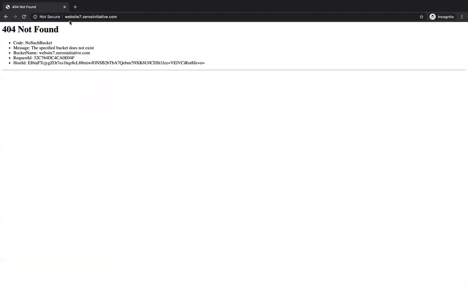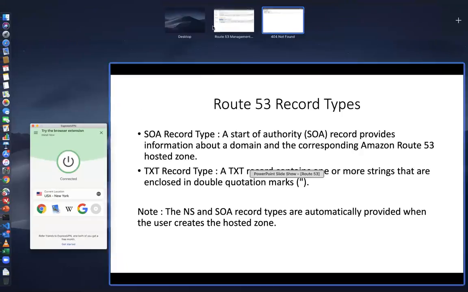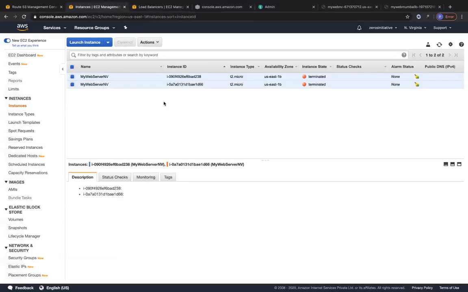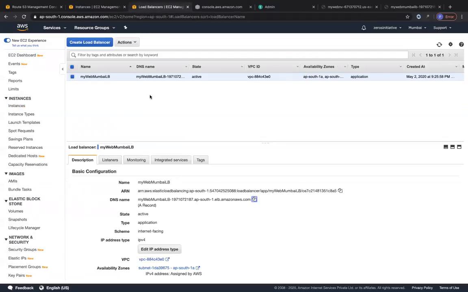So you can just use one resource record, and based on the geolocation of your user and the geolocation of your resource, you can use just one resource record type and shift your traffic to different applications, right? Which is crazy. So just to test this theory out, you can go ahead and create the same infrastructure that you have over here in your Northern Virginia region again, right? Because we terminated it just to check out the failover routing policy. But I will leave it to you guys to test the theory out.